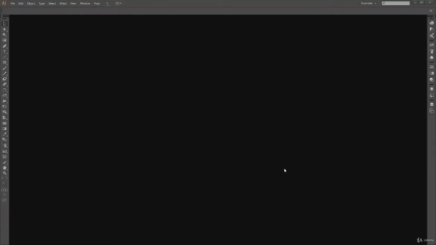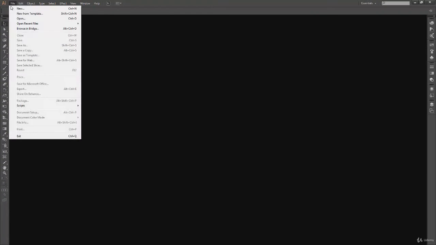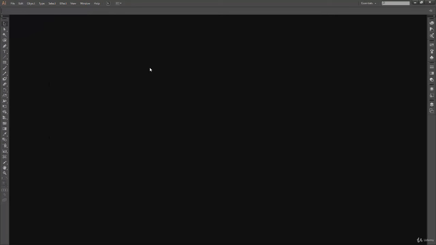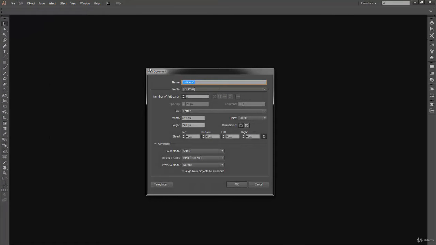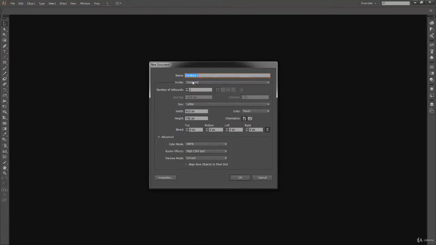Okay, so we'll see how to create files of different sizes and compare their size. First of all, click on File and click on New, or you can press Ctrl N from your keyboard. This brings me the new file window. Here I have name and profile, and then size, and then width and height.